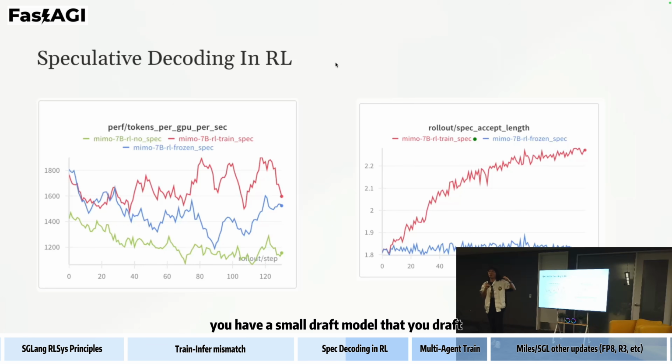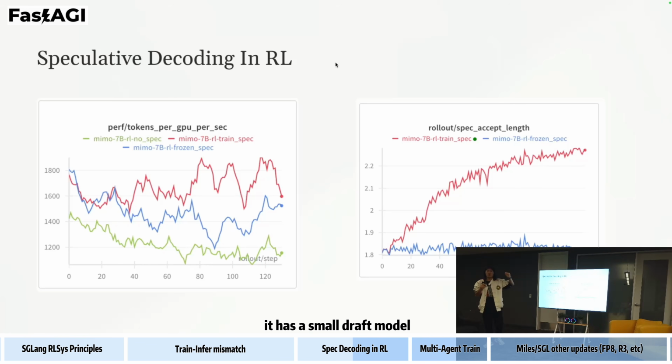You have a small draft model that drafts a long context really quickly, and then you use the actual model you want to sample from, the verify model, to verify the context. If everything goes well, it accepts it as if it were generated by the large model, but sometimes it gets rejected and then you need to regenerate it. So that's the idea of speculative decoding.